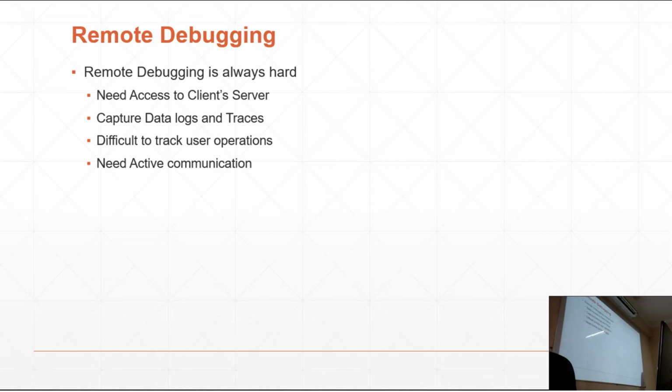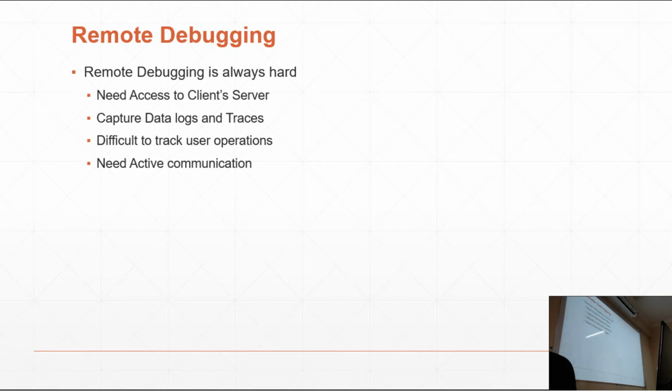The only thing we could get from them, if they reported some issues, is if we can reproduce the problem, then we can fix it. But in the case of performance issues or some weird use case scenarios which we cannot recreate, the only thing we could do is ask them for log files. We have the data logs. Or else, if we have access to their remote server, it's possible to debug remotely. Like we can remote debug the IIS,